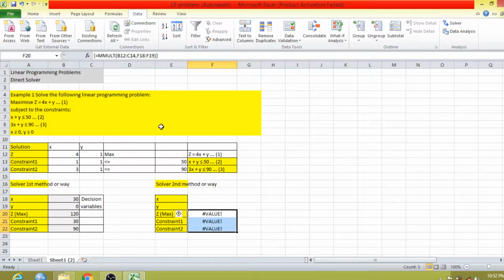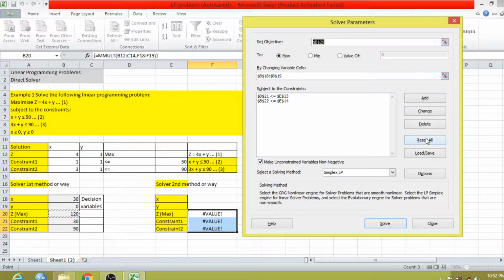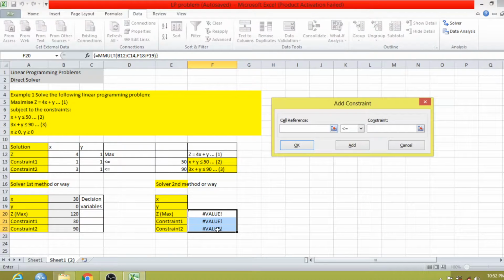Okay, now I will click on data, go to solver, and reset all. Now I will set the objective. Here I want my maximum value. I will check whether we want to maximize or minimize. Yes, maximum. Now I will click on my changing variables. Now I will add the constraint cell, sign is okay.